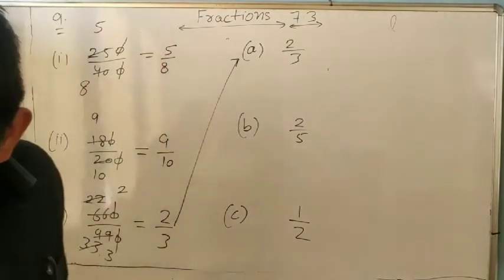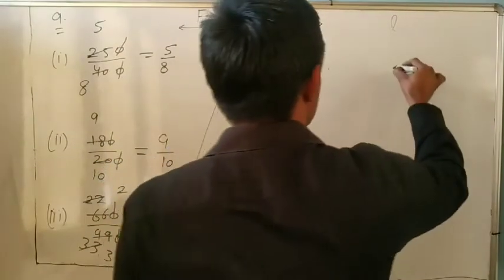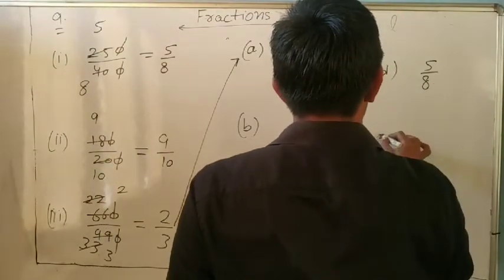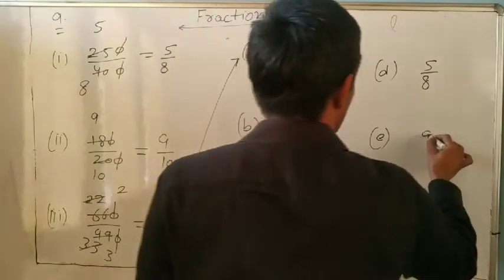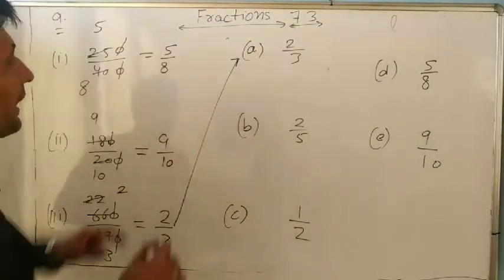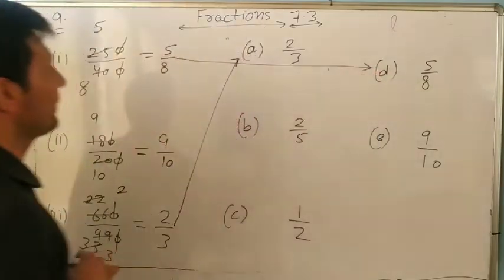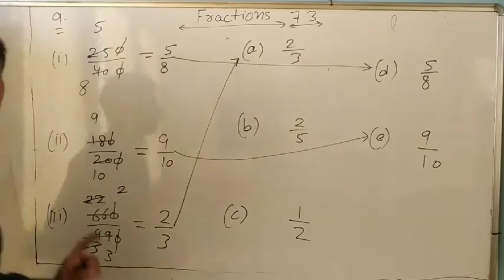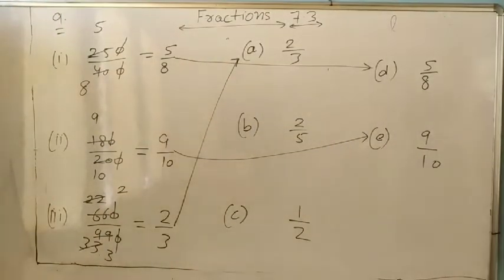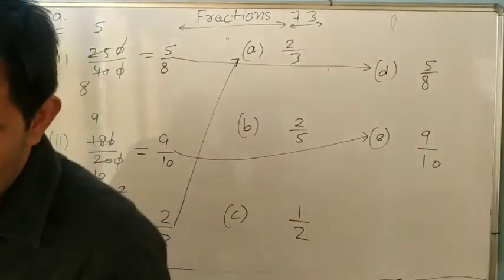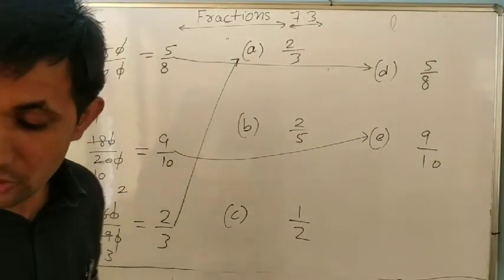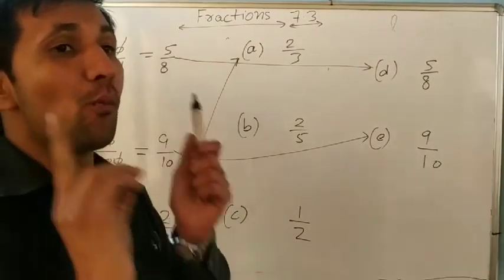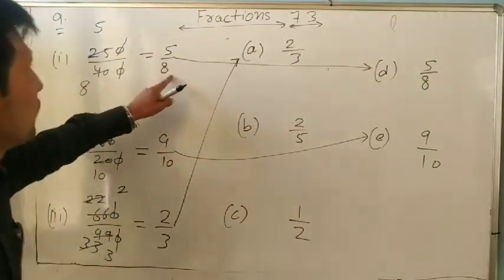Okay. And same as it is, C, D is also given. D is given 5 by 8 and E is given 9 by 10. So everyone knows. So the first part 5 by 8 matches. Second is like this one. And same as it is, the fourth and fifth parts you will write yourself. Okay, find yourself. But in the question, one more thing is given. Write two more for each. So we have to find 2 more equivalent fractions of each.